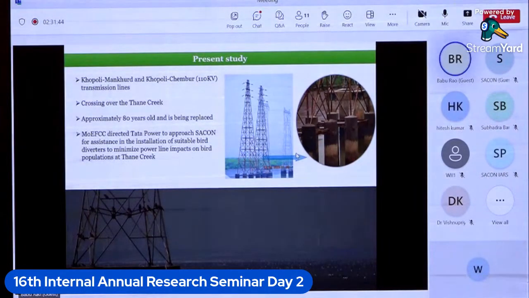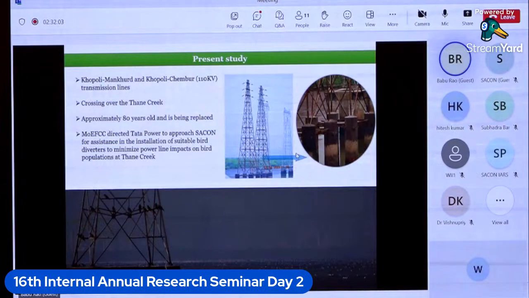The Thane Creek holds a huge congregation of waterfowl. In the slide, in the bottom image, you can see the massive congregation of flamingos in the Thane Creek. Therefore, it is believed that the existing and new transmission lines pose a greater threat to the bird populations